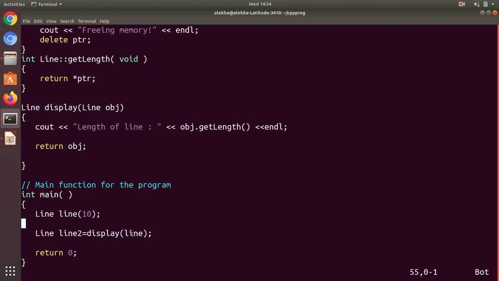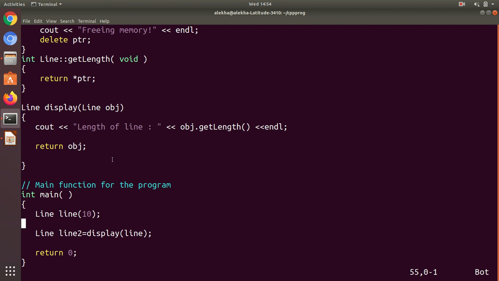When this is passed into the function display, lineobj equal to line happens because it's passed by value. So the first copy constructor will be called right here. Then it will print the length of the line by getting the length of this object. Then it returns the object.